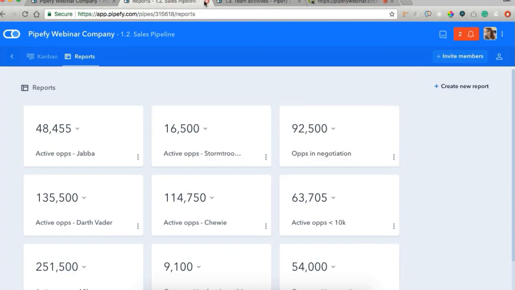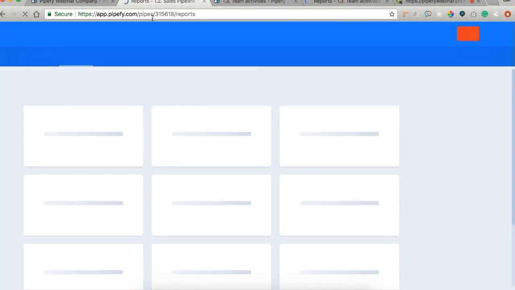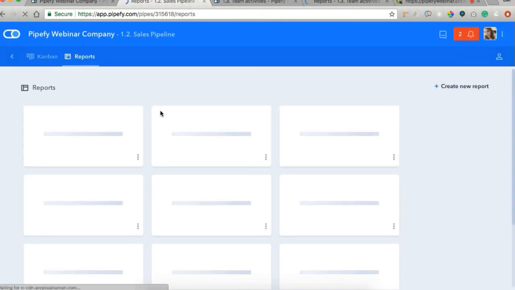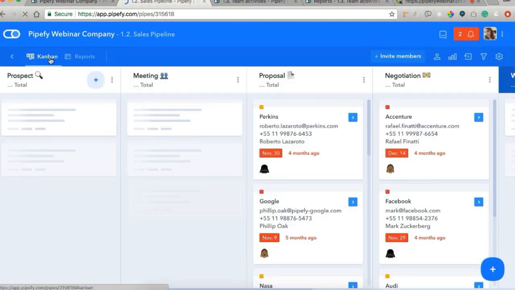And last but not least, we have the team activities pipe. This team activities pipe, people, it's good for keeping track of the calls that were made by your reps. Let me just click here. I'm going to show you guys real quick how it works, how we create activities, and why we keep track